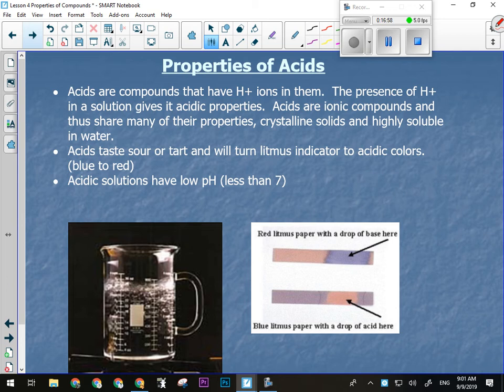Okay. Acids and bases. Something can be a strong acid if it has hydrogen acting as the metal. The presence of the H+ ion is what makes something acidic. So if I put a strong acid into water in its solid form, which typically we don't get, it's really dangerous to keep them in their solid crystalline form. If I dissolve it in water, it will split into the H+ ion and whatever it was